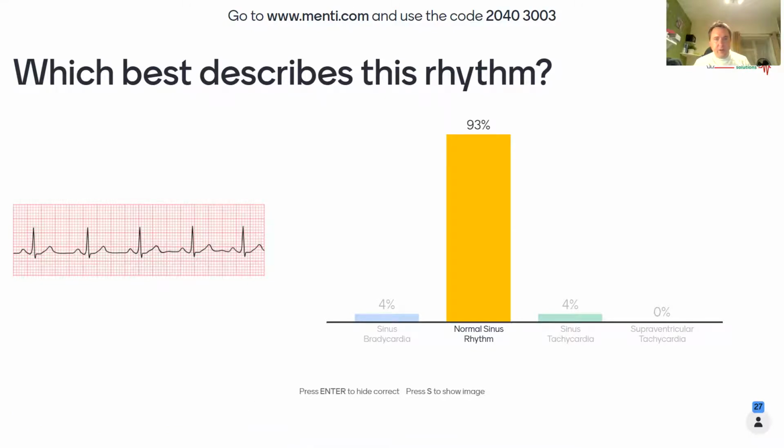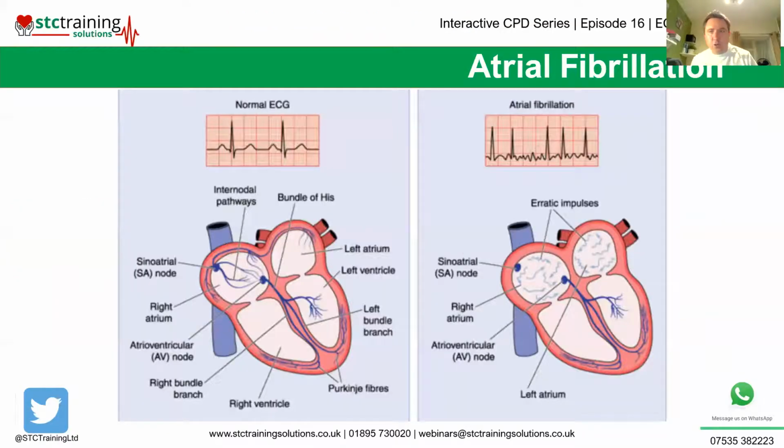Okay, let's have a go back then. So tonight, first thing we're going to talk about: atrial fibrillation. What is atrial fibrillation? Okay, so the top of the heart, the two atrial chambers are of course separated from